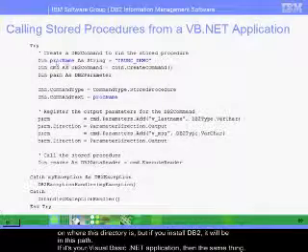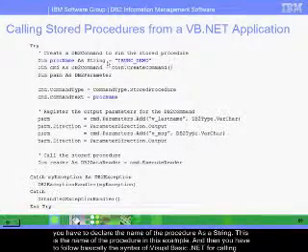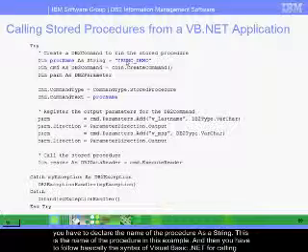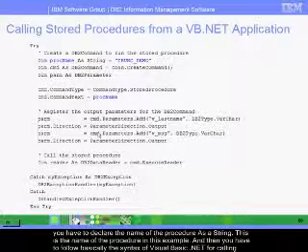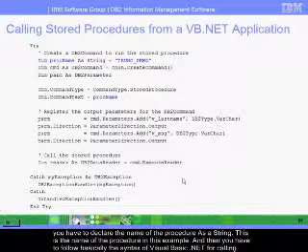If it is your Visual Basic .NET application, then it's the same thing. You have to declare the name of the procedure as a string. This is the name of the procedure in this example, and then you have to follow the syntax of Visual Basic .NET for calling this procedure. The same thing with Java. You have to prepare the call. You have to register the out parameters. So these are out